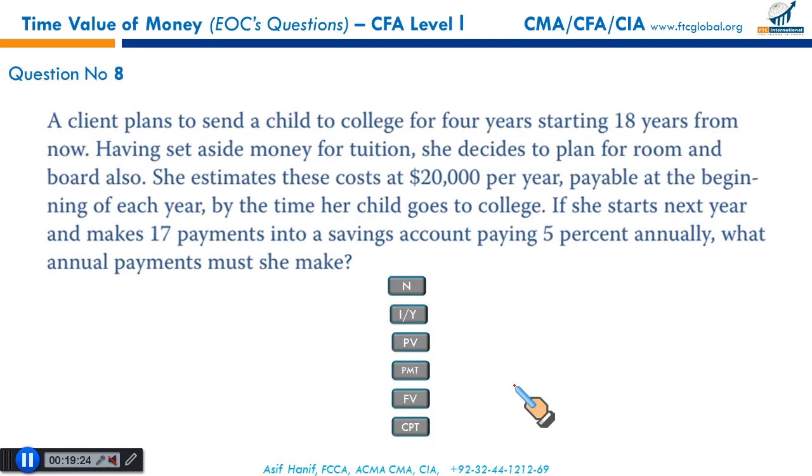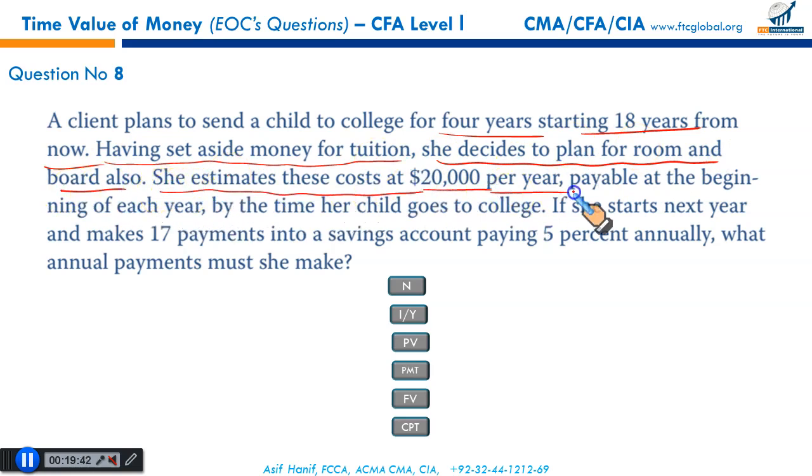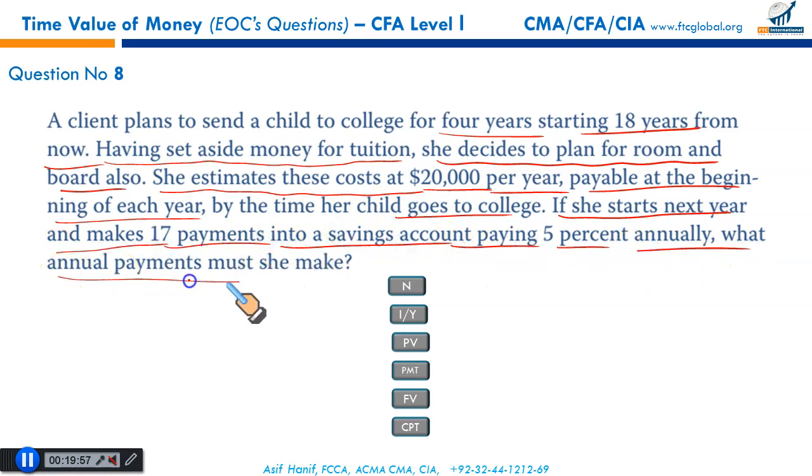Next, a client plans to send a child to college for 4 years starting 18 years from now. Having set aside money for tuition, she decides to plan for room and board also. She estimates these costs at 20,000 per year, payable at the beginning of each year. It's an annuity due, but we can arrange it in the timeline. If she starts next year and makes 17 payments into the savings account, paying 5% annually, what annual payment must she make? Let us draw the timeline,